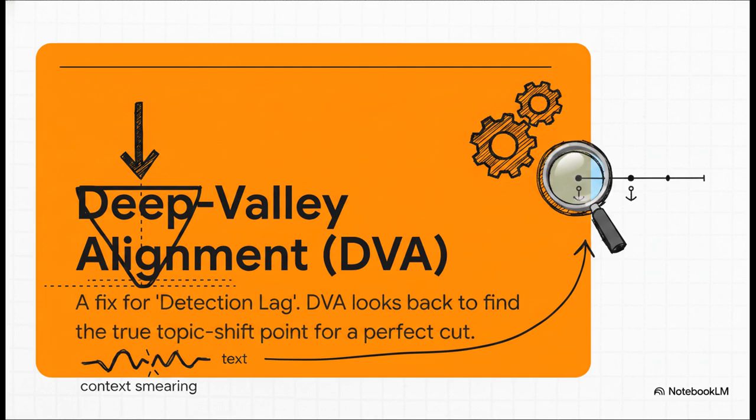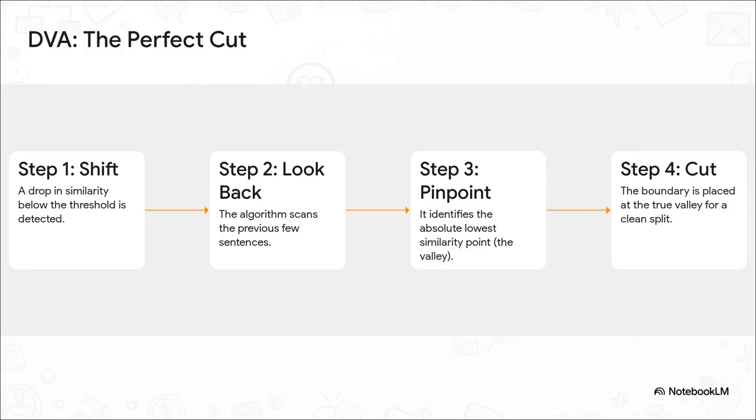And the fix for that is an elegant little refinement called Deep Valley Alignment, or DVA. DVA is just a simple, brilliant four-step check. A shift is detected, right? But instead of cutting immediately, the algorithm pauses and looks back over the last few sentences. It finds the absolute lowest point of similarity, the true bottom of that valley, and that's where it makes the